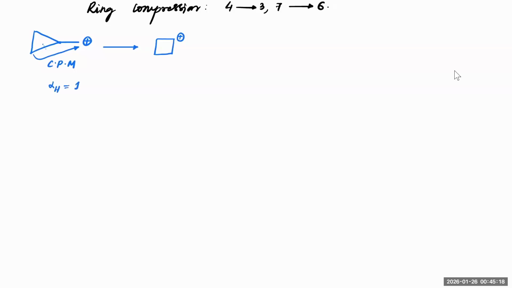If you count the alpha hydrogens, it is one. So that might give us a feeling: why can't we simply make a hydride shift in this case? If at all I make a hydride shift, we are noticing that the alpha hydrogens here are 7. Okay. But is it possible? No. Even though the number of alpha hydrogens is increasing,